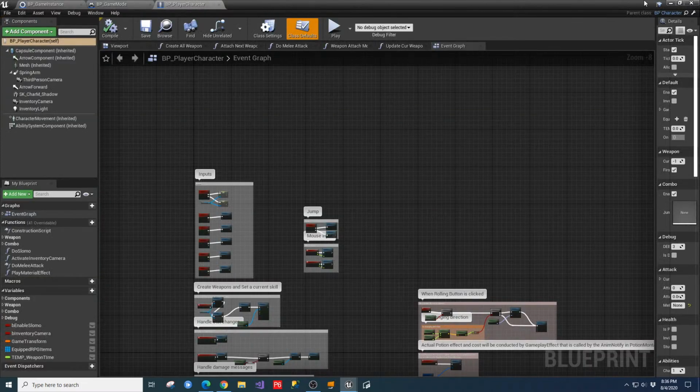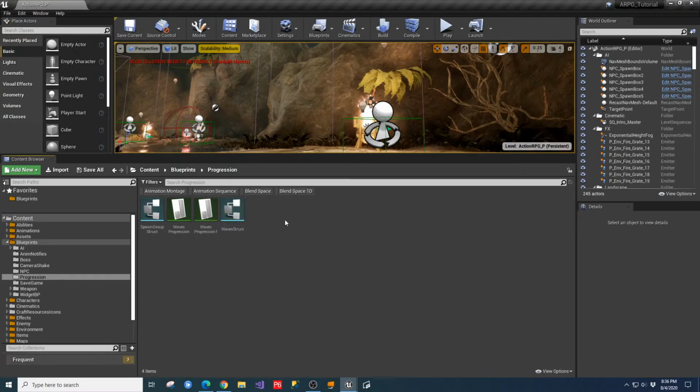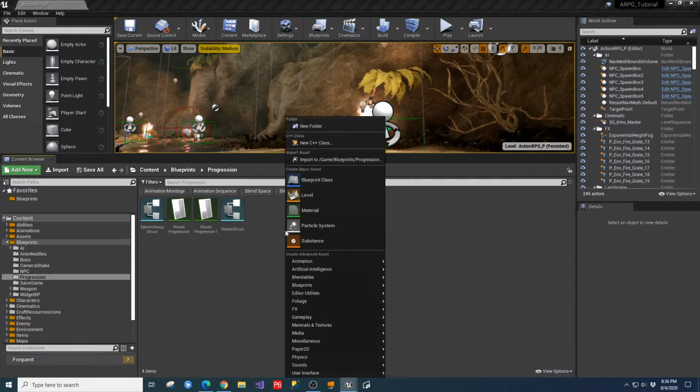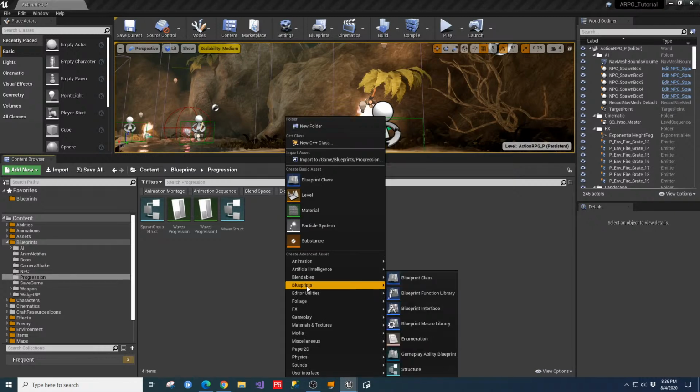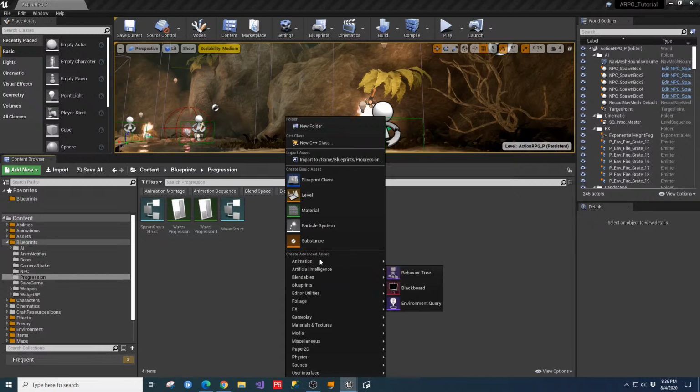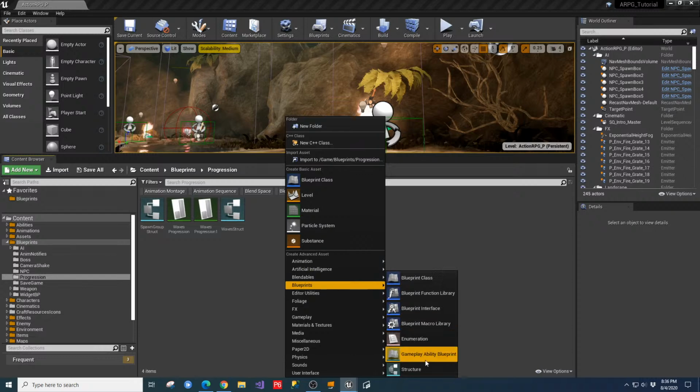So we want to build something, again, I keep closing that and I don't know why. We want to build something similar to that, and we're going to do it right here in the progression, and we're going to use ours for maps. So in our progression folder, we're just going to right click, and we want to go down to the blueprints advanced asset section. So it says create advanced asset, go down to blueprints, and we have a thing down here